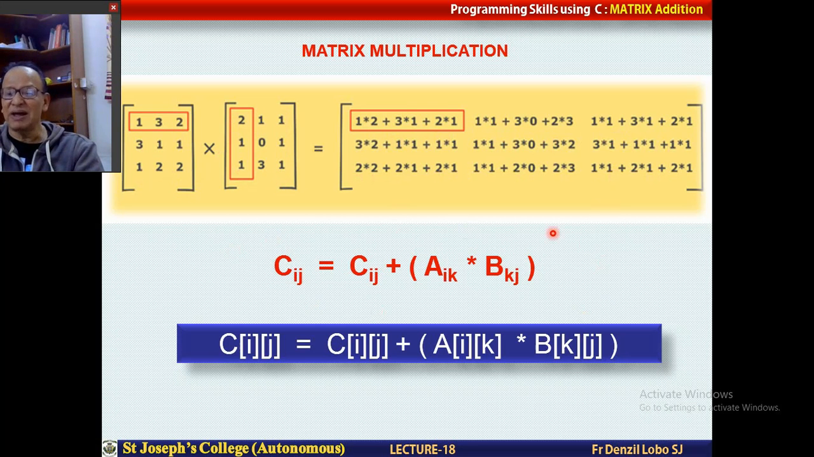Therefore, the formula is this: Cij is equal to Cij plus Aik into Bkj. Now this represents the multiplication. So A11 into B11 plus A12 into B21, etc. It goes on like that. This is the algorithm for that. Please remember this formula: Cij is equal to Cij plus Aik into Bkj. So with that we write